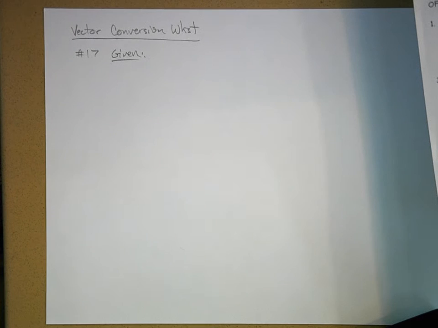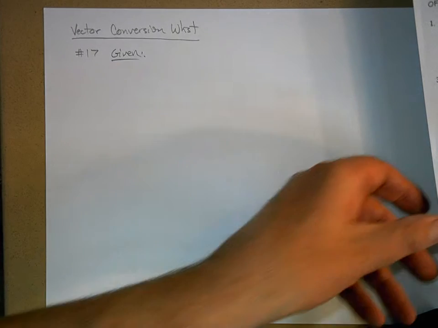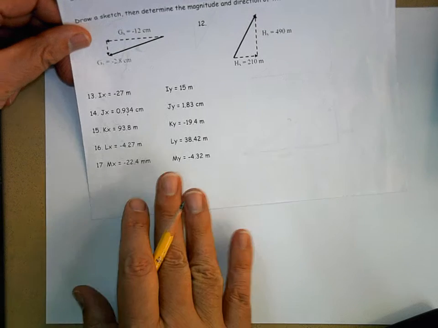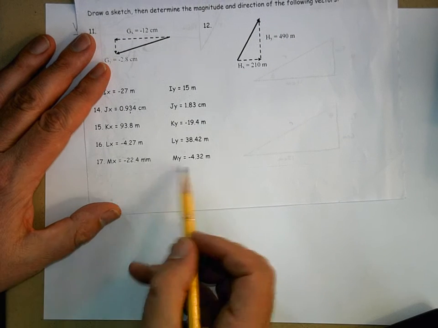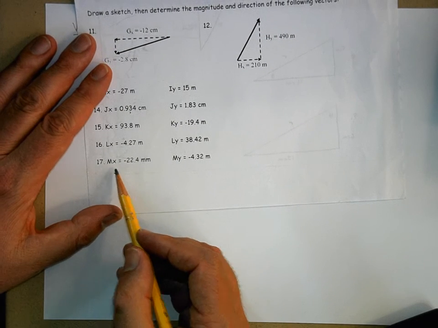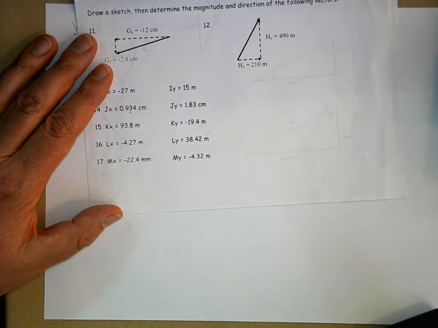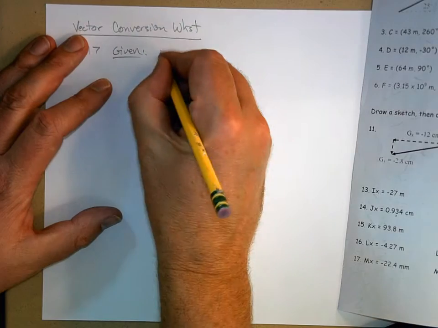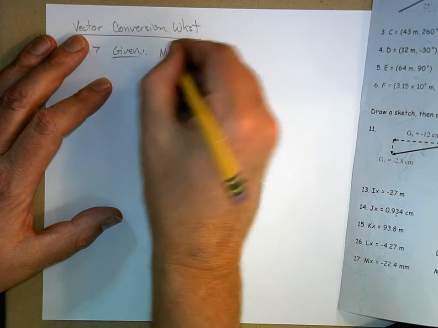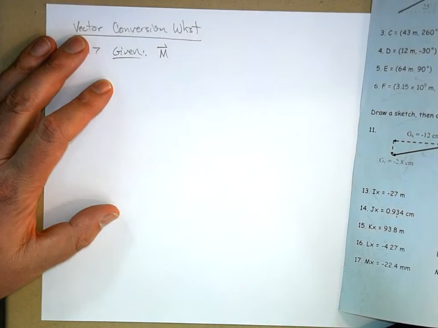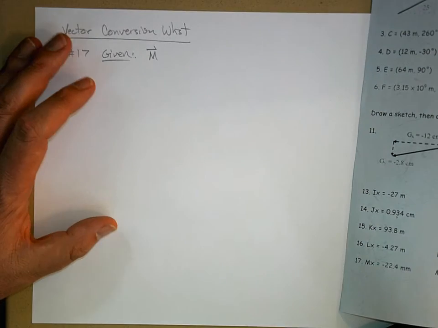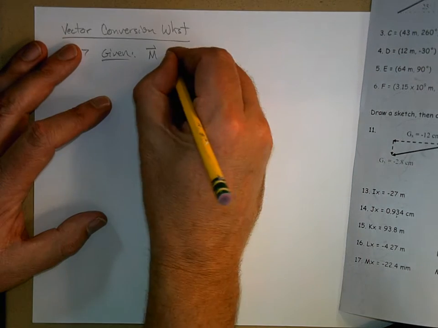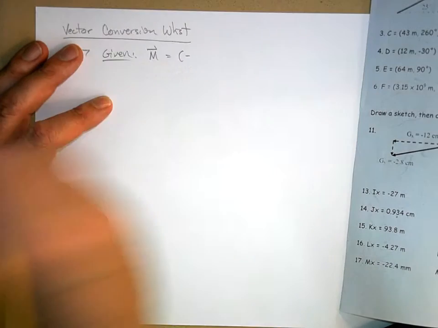Let's do problem number 17 on the vector conversion worksheet. And here it is right here. It's vector M. I just gave it the letter M. So given vector M, and I'll put a vector hat on top of it, saying that's a vector quantity, is equal, and I'll write it in coordinate form,